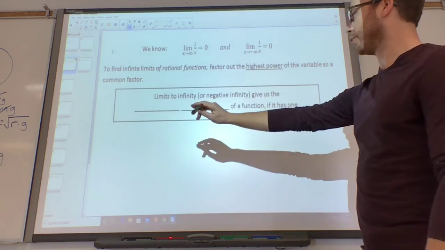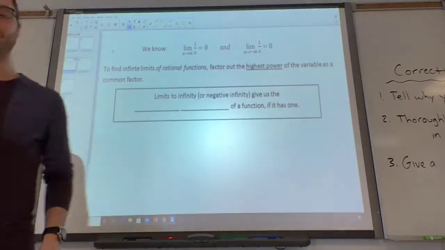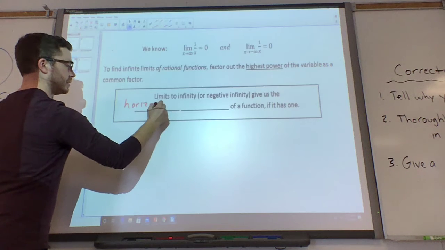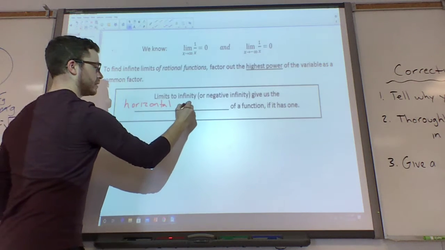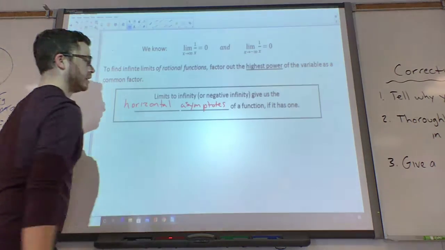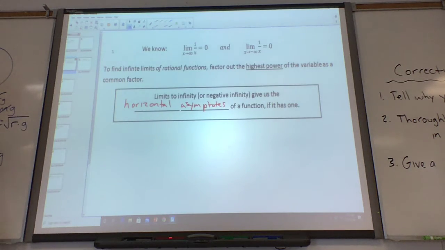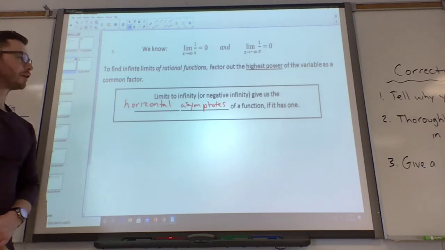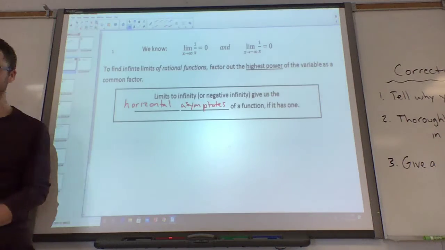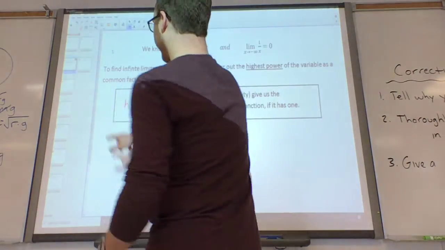When we do this, this is going to give us the horizontal asymptotes. So limits to infinity or negative infinity will give us the horizontal asymptotes of a function if it has one. Okay. So let's look at